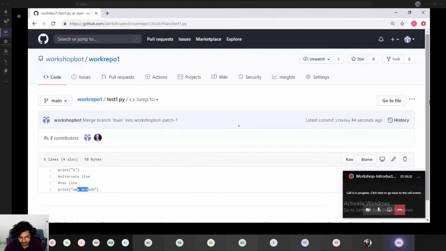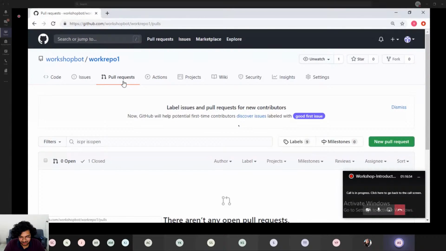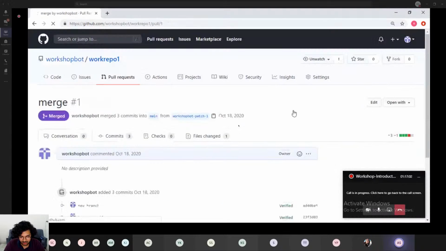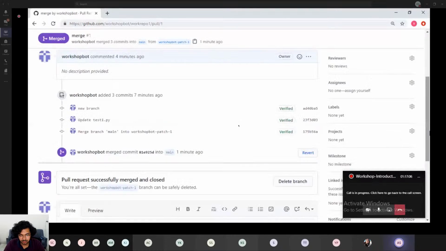Okay, so we have talked about branches, how to commit them, and how to solve the merge conflict. And as Akash explained about version control, basically version control is keeping track of the changes, what you did, keeping track of all the versions which have been created as you proceed. See, you can go to the pull request section and go to closed pull requests. Here I have merged the branches. You can click on that. See, version control is important because you can revert those changes back if you don't want them. There's a button here, revert.